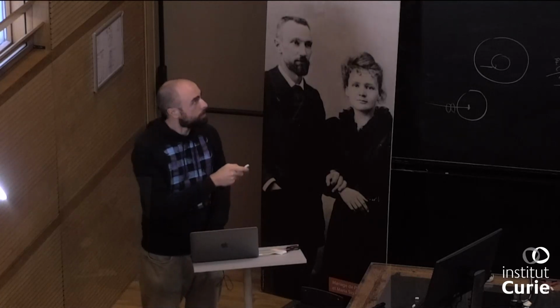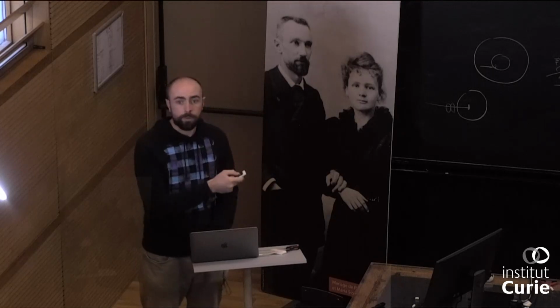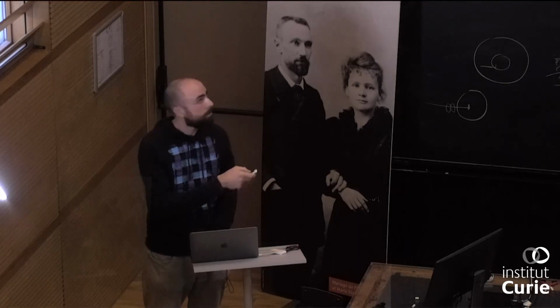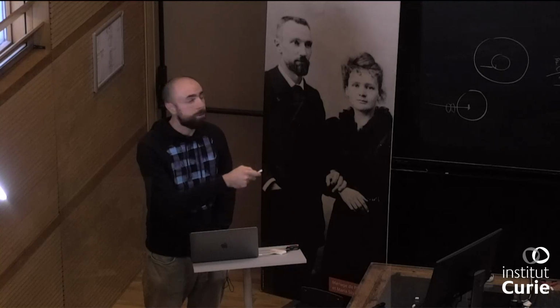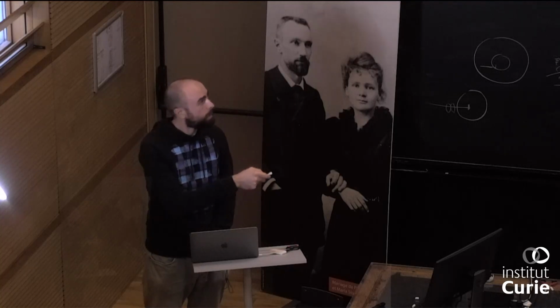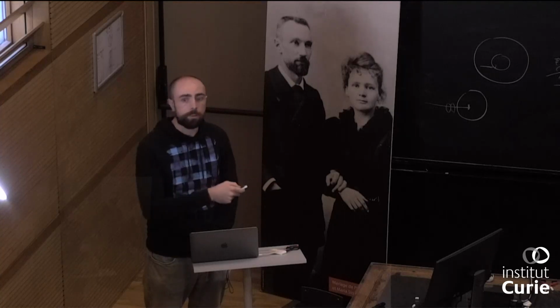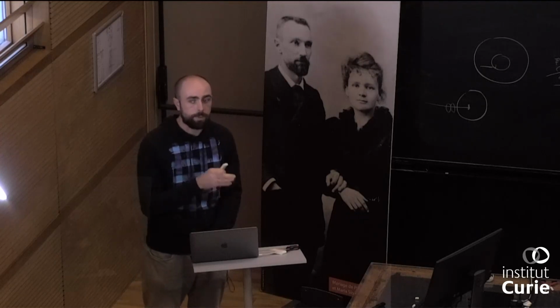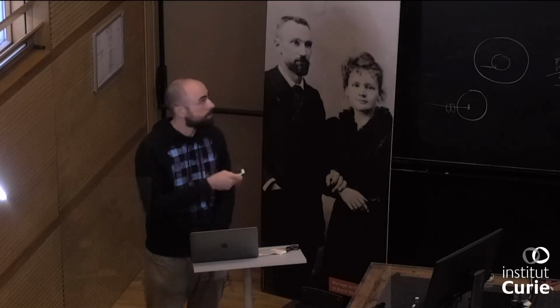Okay, and so what we want to understand is how do you form a basolateral lumen, because this was not known. And as I mentioned briefly, we are also interested in how you position this lumen, because the position of the lumen will define the first axis of symmetry of the embryo, which defines this embryonic pole, which will define the site of implantation, and then the dorsal-ventral axis of the embryo. Okay, so if you film this event with higher spatial and temporal resolution, this is what you see.